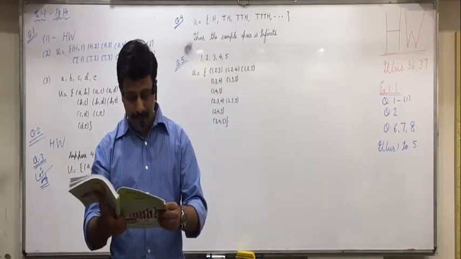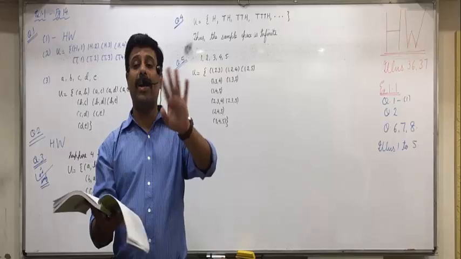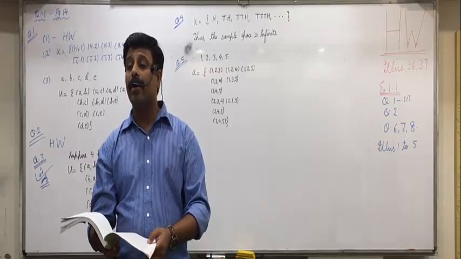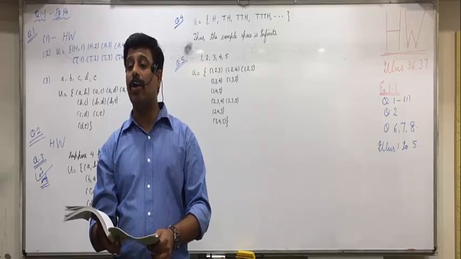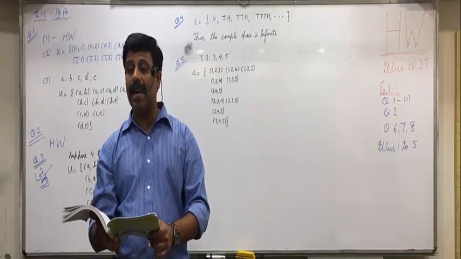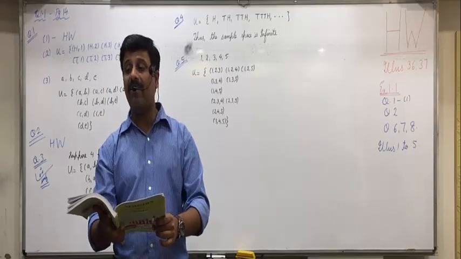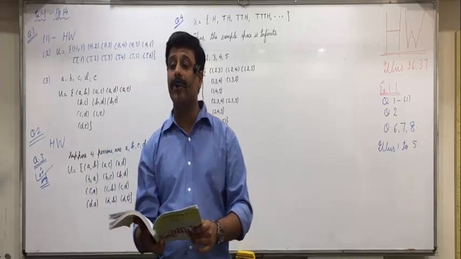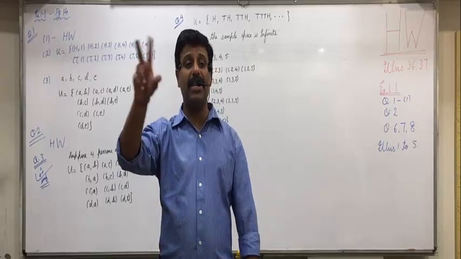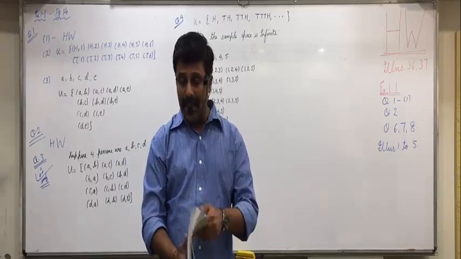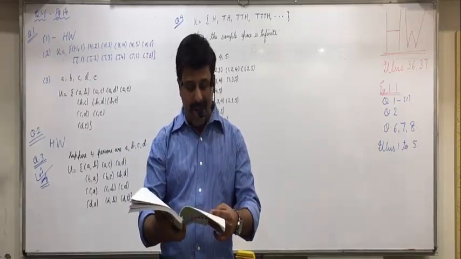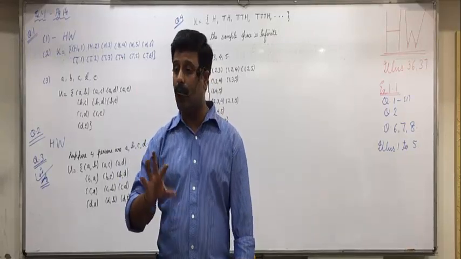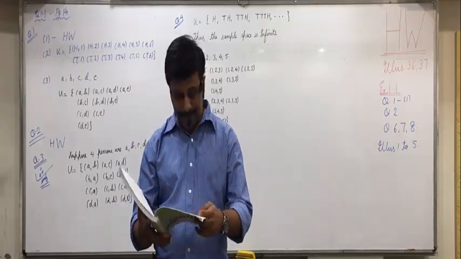Further, events also you don't have to define. Be attentive. Events also you don't have to define. It is directly given: A1, one child is female. Be attentive. One child is female means BG and GB. And event A2, at least one child is female, means GG will also be included. Both girls will also be included.